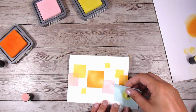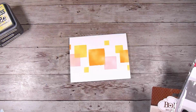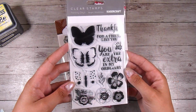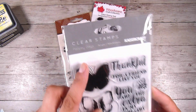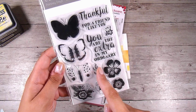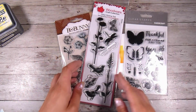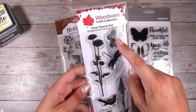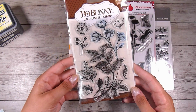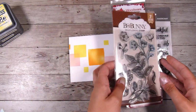Now, as I said, you could stop at any place and point in this card making journey and it would be fine. But I am going to keep going and add a few little bits and pieces. First up, I have a couple of clear stamp sets. This one is the Paisley Days, and I'm going to use a couple of different pieces out of here. This one, the Kaisercraft one, is a silicone stamp set, so it has a really low price point, which is great. And then I'll use the butterfly out of the woodware one, and then my favourite, you guys know, the